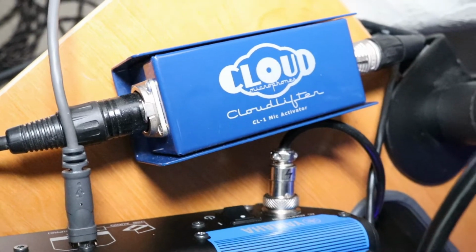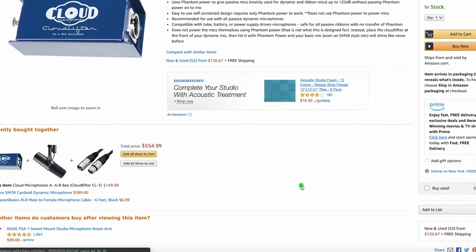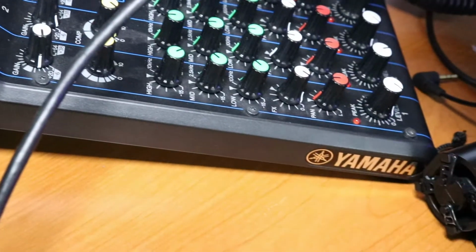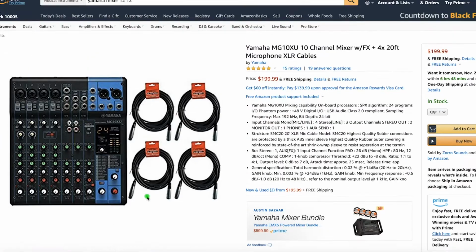So most of the time, if you are a beginner and you are tight on budget, this is not a recommendation for you. And the second thing is that you don't only need the microphone. Besides the microphone, you need to add some more devices like the Cloudlifter to boost the signal, because the microphone is so low-output that the signal is kind of weak. And also you'll need a mixer or any type of sound interface to bring your sound into your laptop or any other device that you use to record. So this is not a microphone on the budget because you have to add all those three devices that I just mentioned. And the third thing is that you can bring it with you if you're going out on interviews